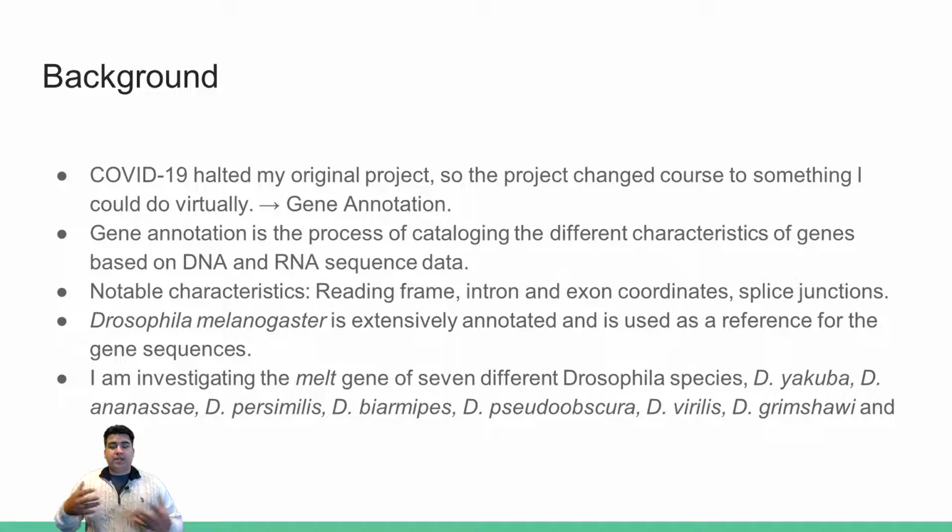So what annotation does is it looks at specific features like the reading frames, characteristics of introns and exons, introns being the regions of the genes that are spliced out, and exons being the maintained and translated and transcribed portions of those genes that result in the traits we see when we look at ourselves or we look at the fruit flies. And I focused on annotating the MELT gene of 7 different Drosophila species. And my goal,